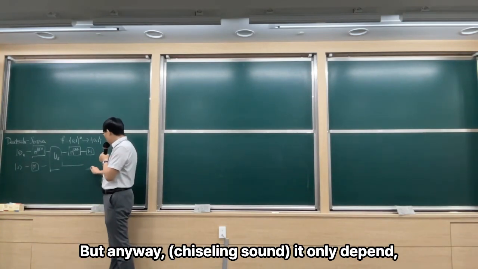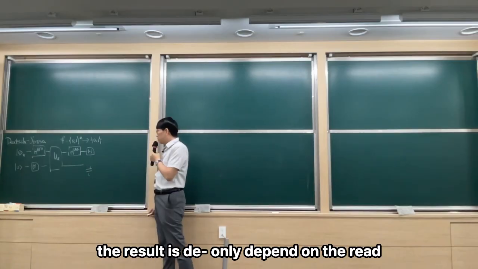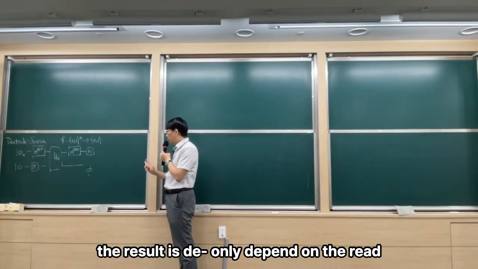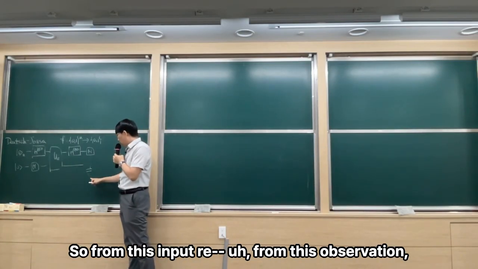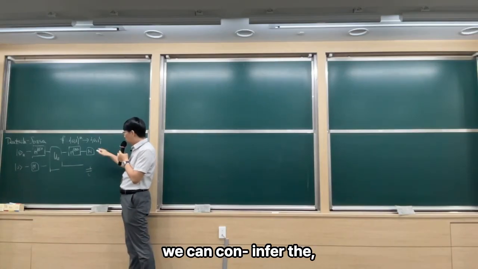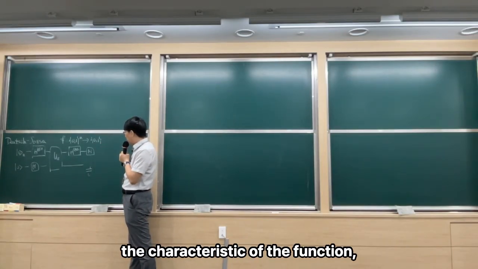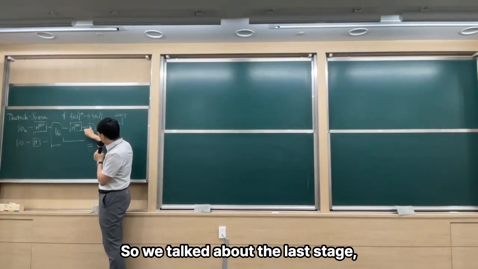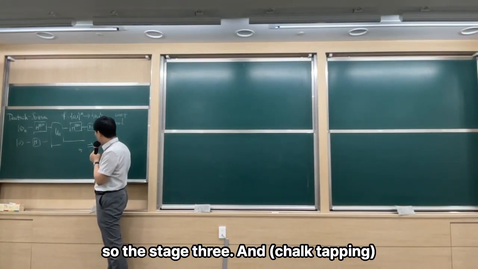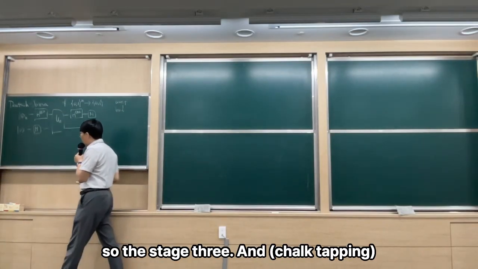But anyway, the result only depends on the readout of the input register. So from this observation, we can infer the characteristic of the function, whether it's constant or balanced. So we talked about the last stage, stage 3, and